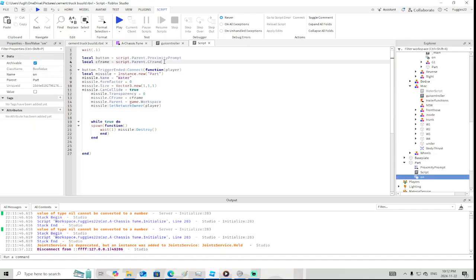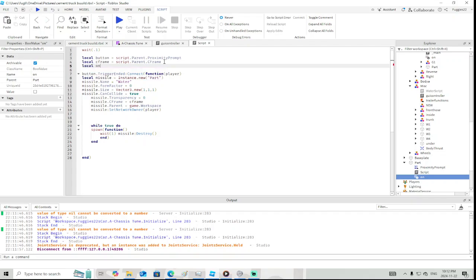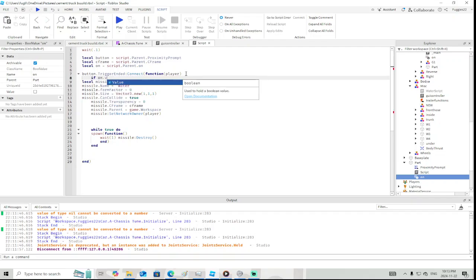All right, then local on equals script.Parent.On, and then on.Value equals true. And then we'll say else, if on.Value is